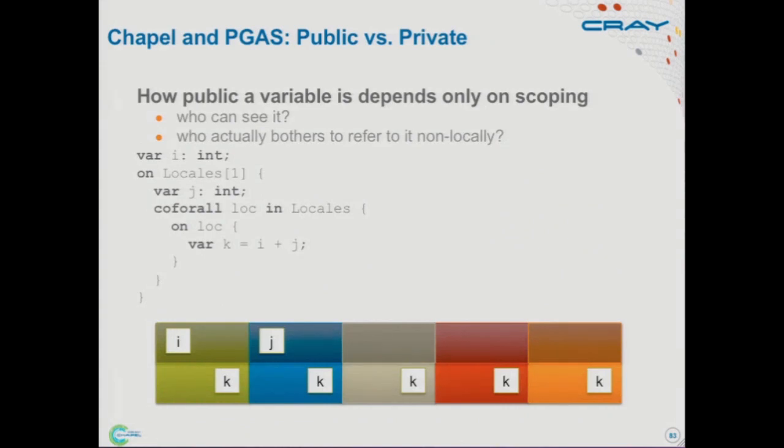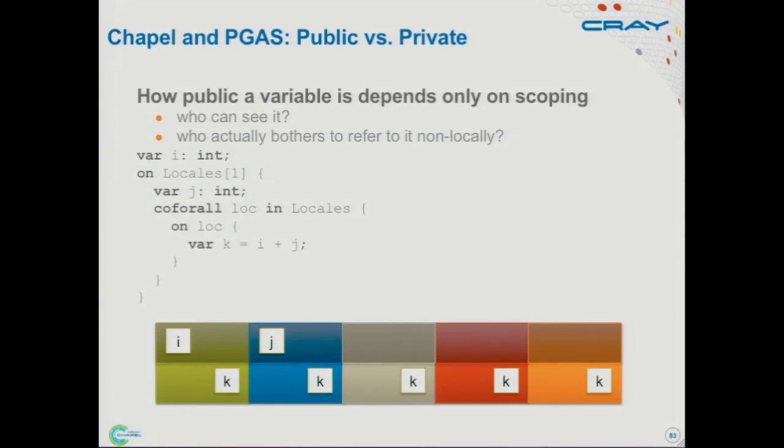So I've got a bunch of tasks in here, all of which could refer to i and j. We could get into trouble if those tasks started reading and writing i and j willy-nilly in an uncoordinated manner, right? We'd have potential race conditions, memory races, maybe memory consistency issues, things like that. And the short answer is yes, all of those things could happen. There's a rich body of people studying creating race-free languages. We think having races in languages is actually crucial for a language to be truly general. So I think our attitude would be races are there by default. We might look at ways to assert, like, this should be race-free, and please warn me if I have not succeeded in doing that or something like that. But today, Chapel is very racy.